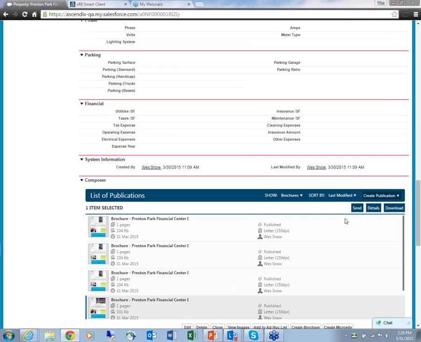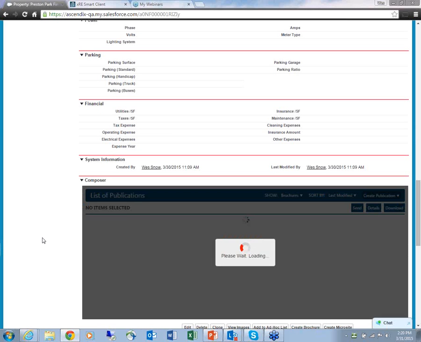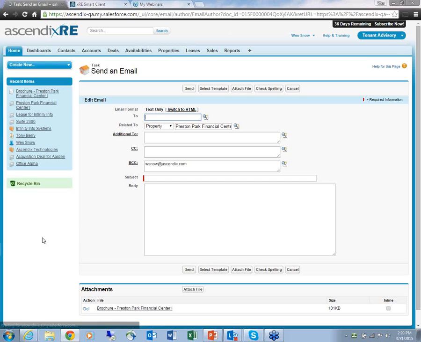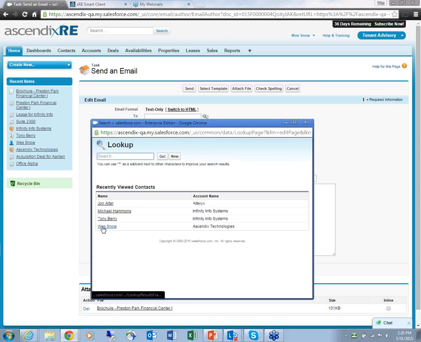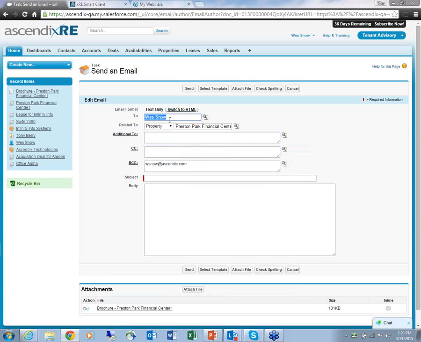And I'll just grab this particular one. And if I hit the send button within the context of that grid, it will generate an outbound send email form, at which point all I really need to do is simply click on the lookup facility to highlight the recipient, in this case Wes Snow,